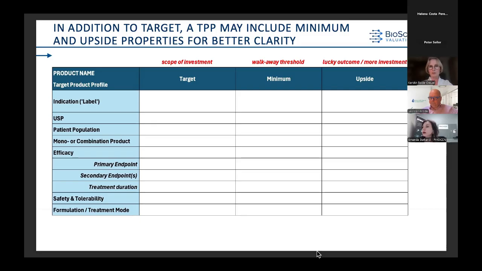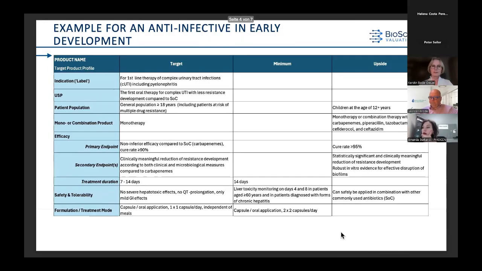Upside can have two backings. First of all, it can be a lucky outcome. Your results can be better than anticipated. Or it might require even more investment, otherwise you wouldn't get there. So again, this very sharp logical thinking in the context of the whole team, of the experts around the table, I believe is very helpful to make sure that you can really work in the right way for a particular project. If we go to the next slide, please,